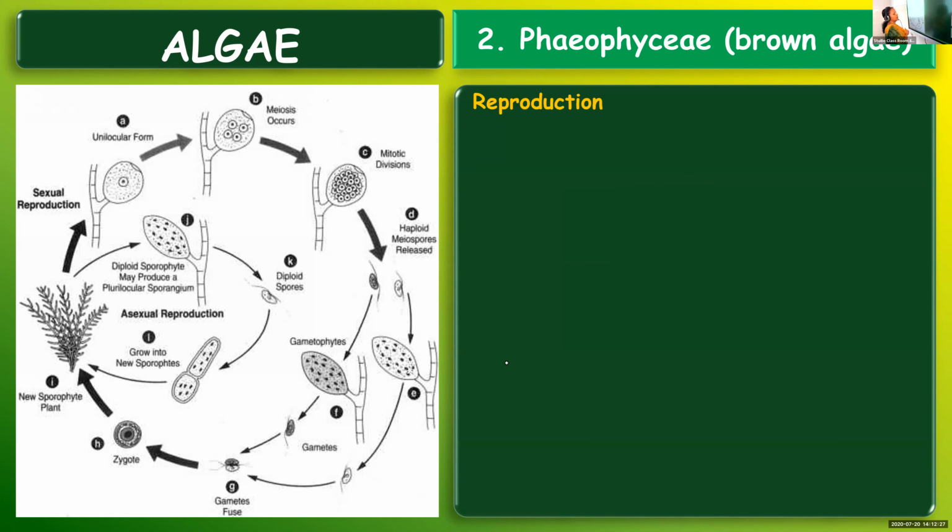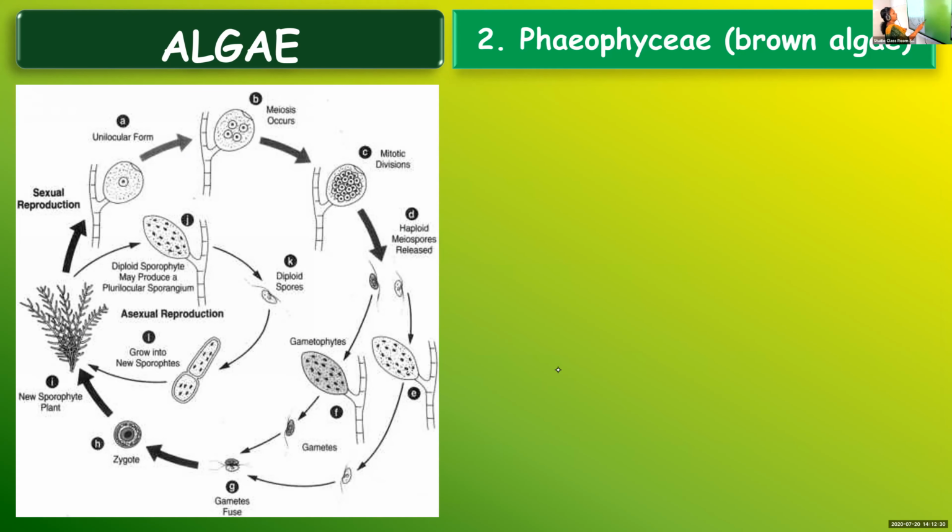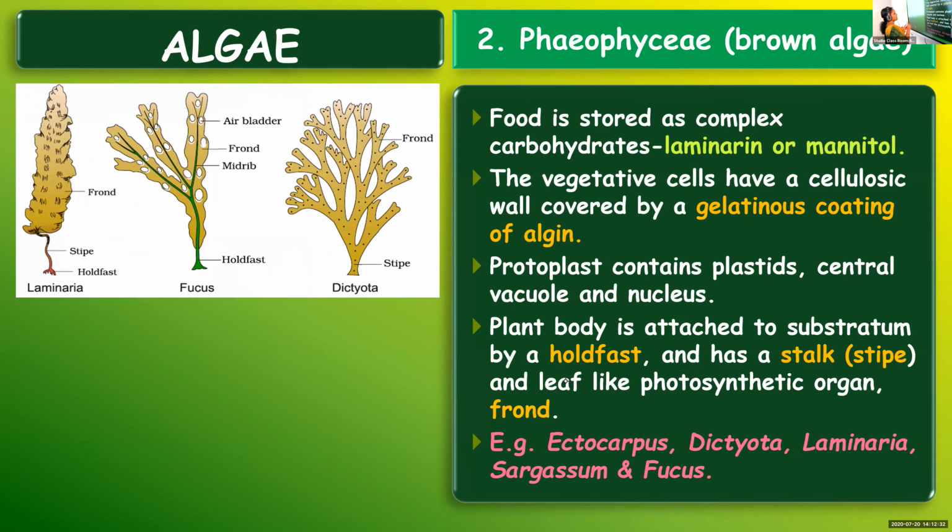Okay, we need to start from reproduction. In the previous slide, I will show you what we saw last class. We learned about, okay, it's better, this we will see. The slide before that I'm not showing because some questions are included there. So the storage forms of food in brown algae are laminarin and mannitol, and they have a cellulose cell wall, which is covered by algin. So the 2 components of their cell wall are cellulose and algin.